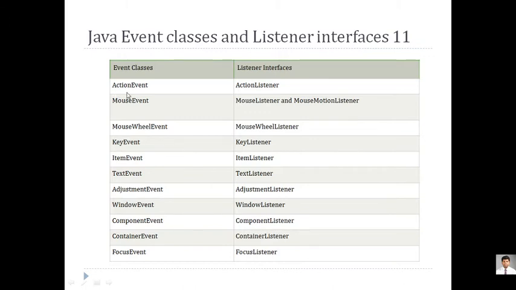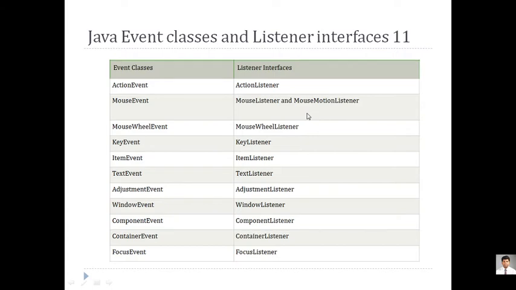But today we'll go for the action event. So action event is a class which will be generating action listener. So action listener indirectly will be associated only with the action event. Mouse event class will be associated with mouse listener and mouse motion listener. There are different functions which are present. Now this class doesn't have any functions, so all functions are written directly into these interfaces. Each interface has minimum one function or more. So when you go for mouse listener, there are 4 or 5 functions. So you should know each and every function of mouse listener. There are 2 functions in mouse motion listener. So we'll go into detail about that also in a future session.